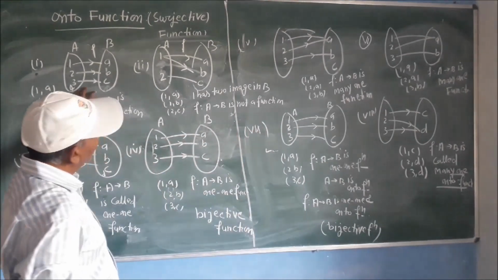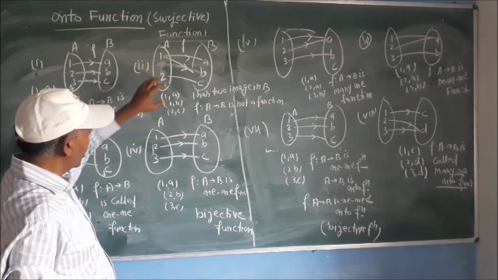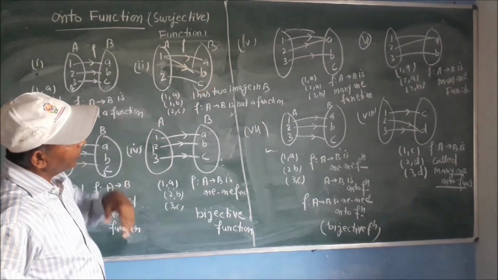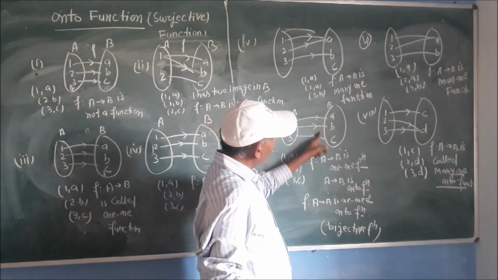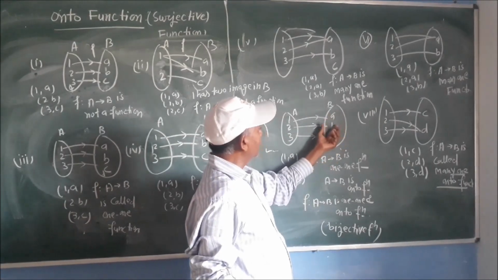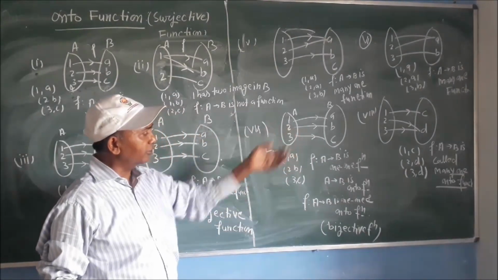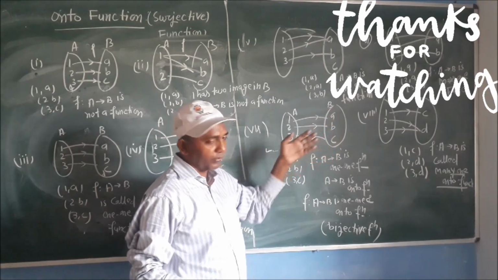So this is an example of when the given example is not a function. This is an example of a 1-1 function. That is the example of a many-one function. And for an onto function, what does it mean? Every element of B has a pre-image in A. For every element of B there must be a pre-image in A. Then we can say that f from A to B is an onto function. So this is an example of a 1-1 and onto function.